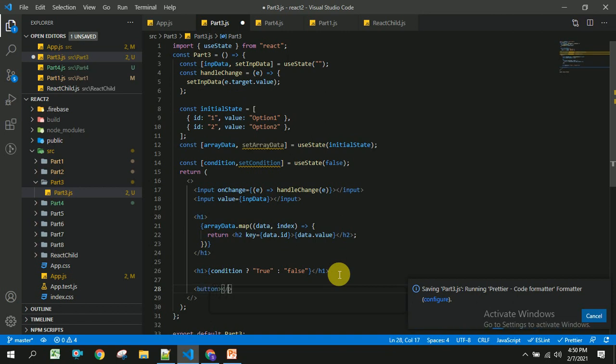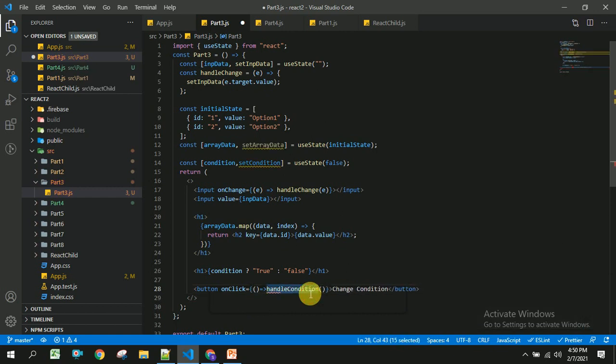So once user clicks on this button, I will change the condition. For this, I am going to choose onClick event handler and an arrow function and a method name called handleCondition.